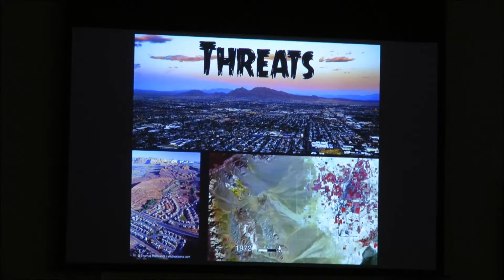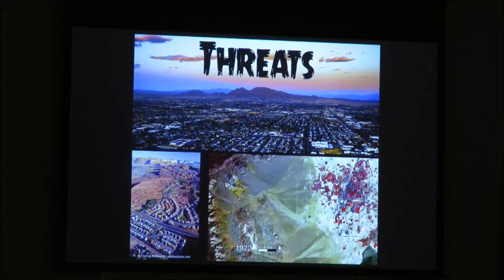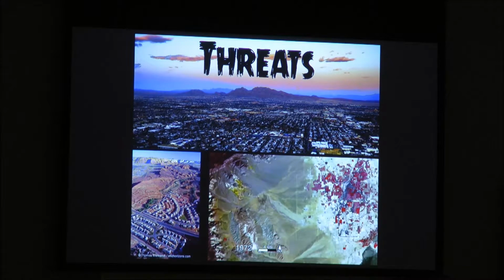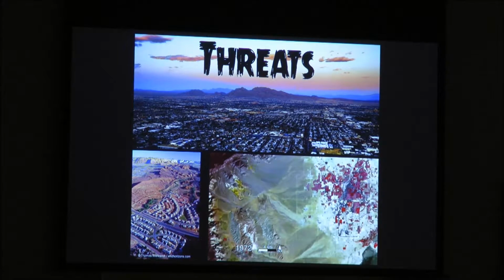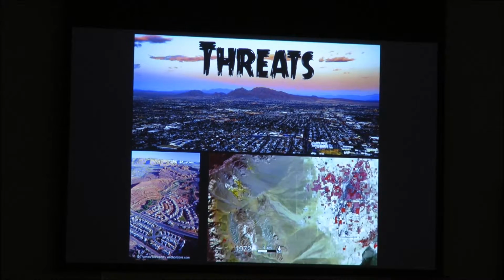And so now to talk about threats. Obviously one of the biggest threats to Gila monsters is urban sprawl. And this is a former study site of a guy by the name of Dan Beck, who's kind of the father of Gila monster ecology. This is Paradise Canyon in St. George. That was a really well-known Gila monster area that now, unfortunately, has a lot of houses in it. This is a video. I don't know if you guys want to see it, but I'll show it to you anyways. Just to show